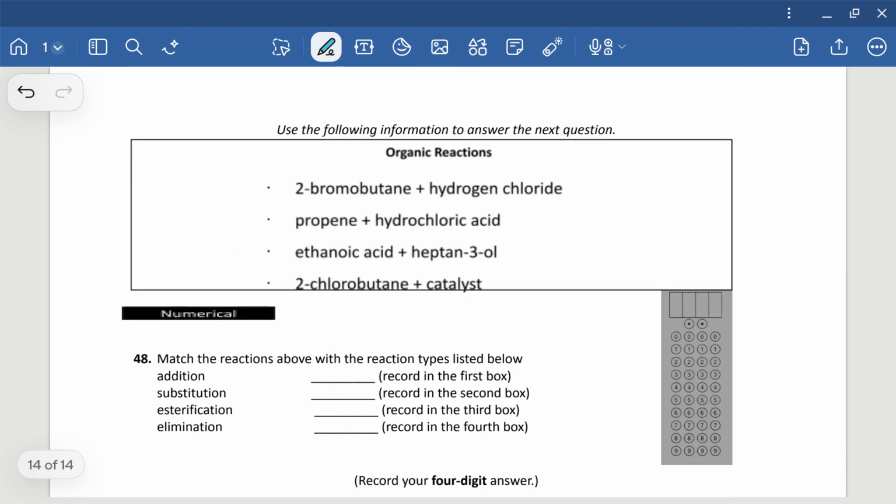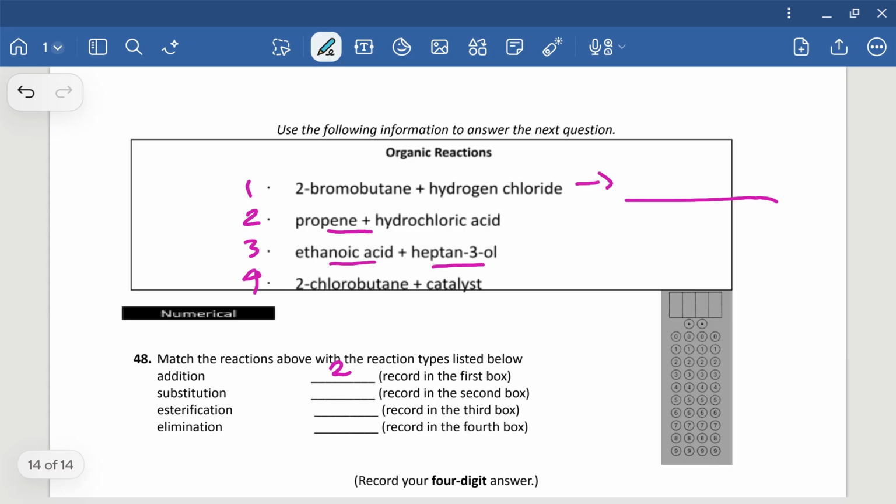Okay, number 48, matching. We have an addition reaction. Addition, you need to break a double bond. So if we had these numbered again, that would be number 2. Substitution, we want to switch some groups. And so you have 2 reactants. I probably would have saved this one to the end just for process of elimination, because hopefully we can tell